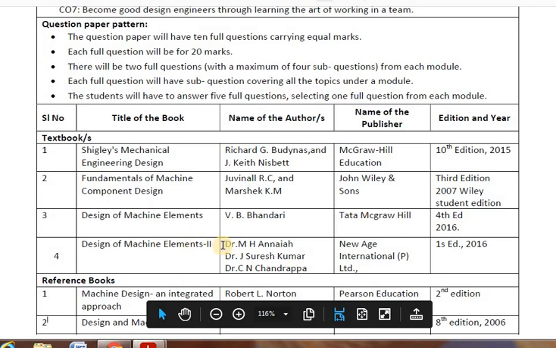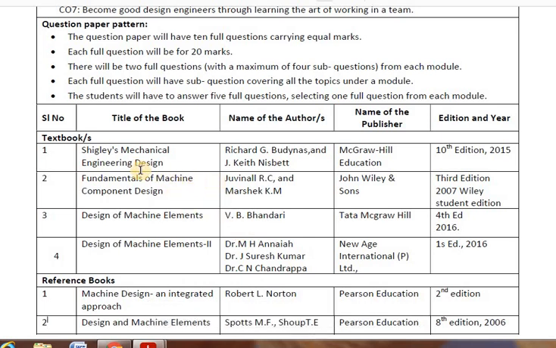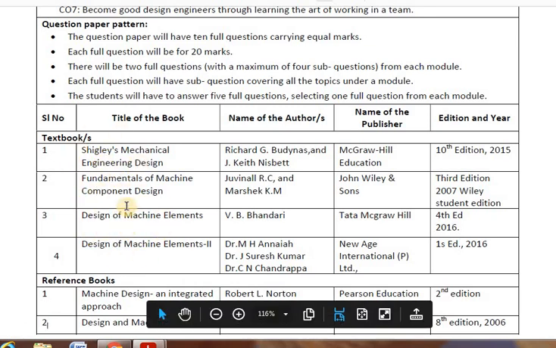Design of Machine Elements 2 by Annaiah and Gupta. So these are the textbooks, where the syllabus is extracted from these particular textbooks. And all these books are available in the college library.